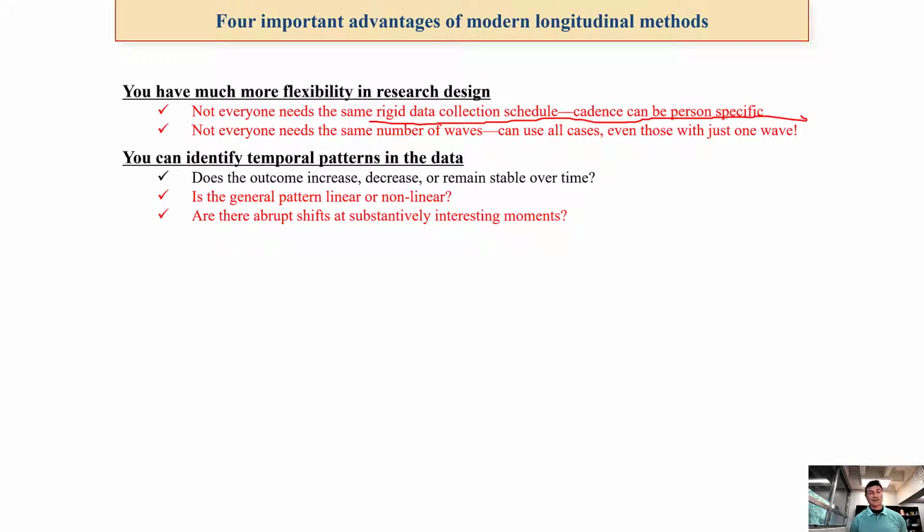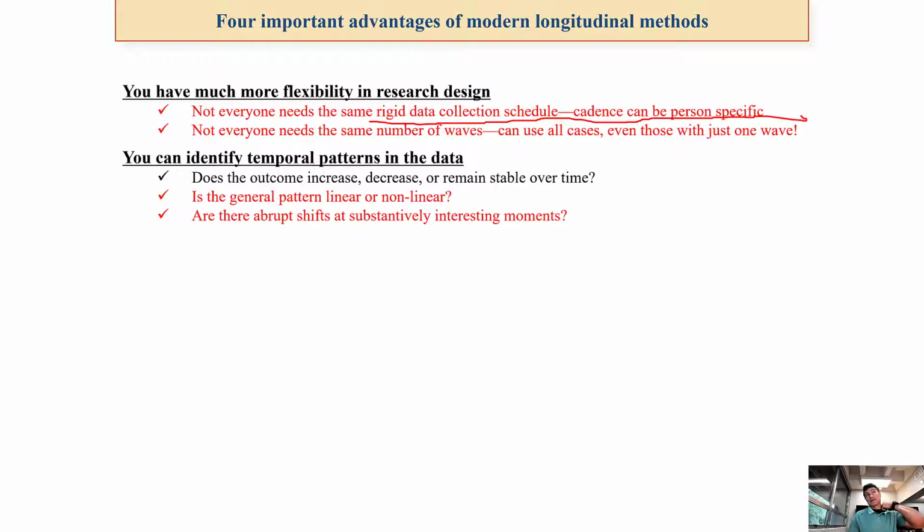And so the cadence of when they come in or when they're measured doesn't have to be the same for everybody. Repeated measures can handle different timings. It just assumes everybody's on the same pre-test, post-test, 6-month follow-up, but they have to be at those timings. If we're doing a developmental study, we might want to get kids in the fall, but maybe some kids are measured in September, some kids are measured in November. We want to be able to highlight the differences in timing.